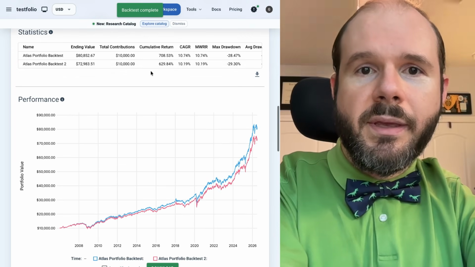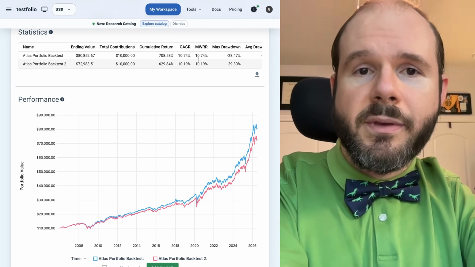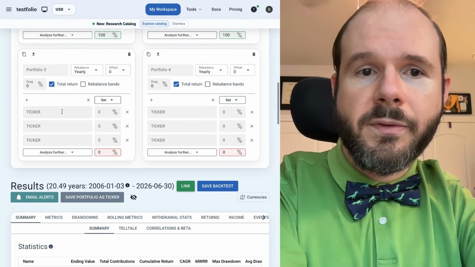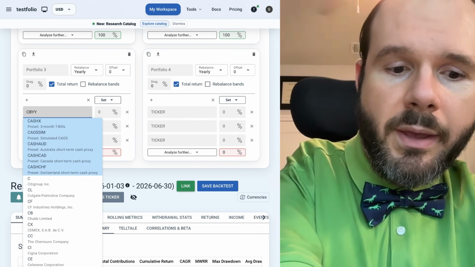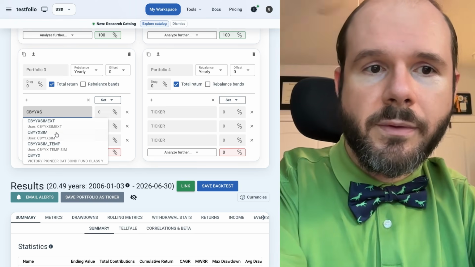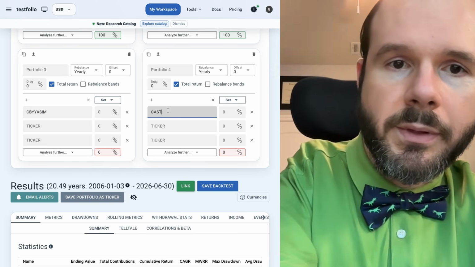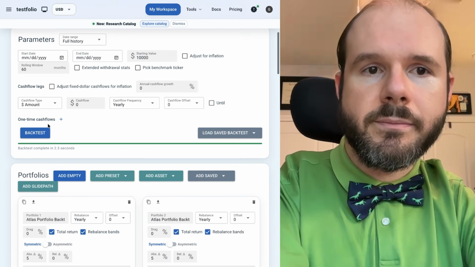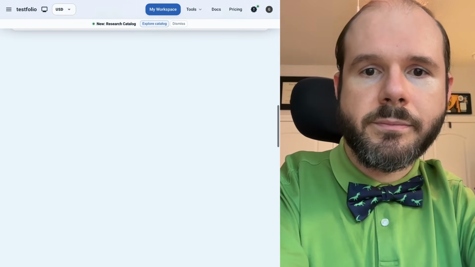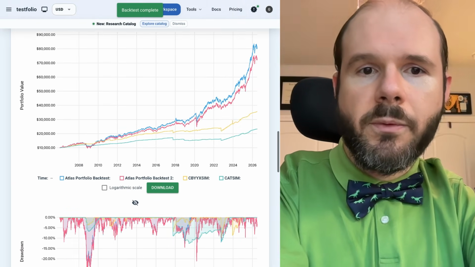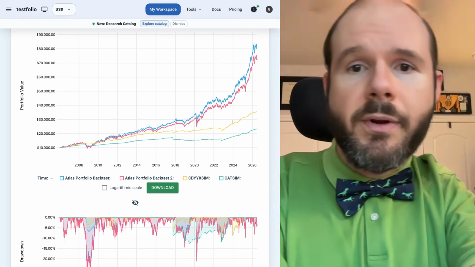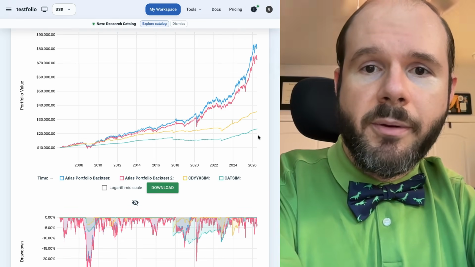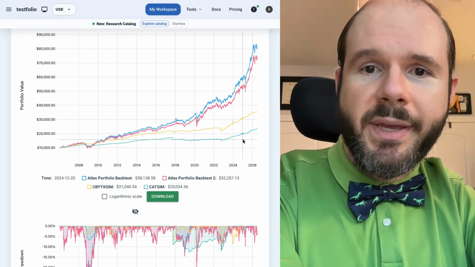So you can see that it didn't actually make that big of a difference, even though the two indices themselves are quite different. So I'll show you just for sake of demonstration here. Put CATSIM and CBYXM side by side so you can see them. So while they don't have a large impact on the overall strategy, you can see that they actually are quite different from each other. Very much a similar shape, but